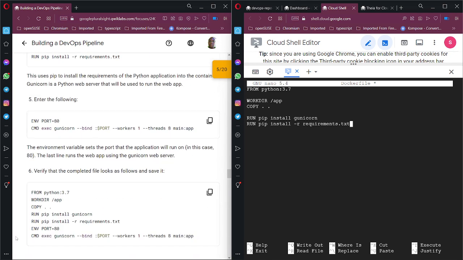Then we go on to set environmental values, ENV, and in this case, sorry, PORT 80. All right, and then we set the command to run the container, which is